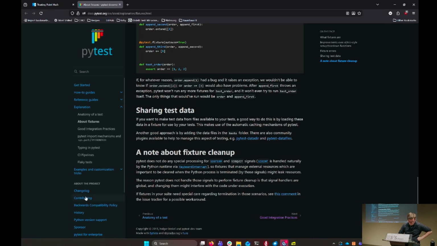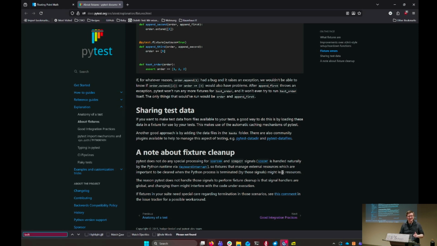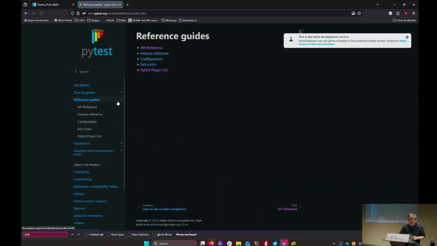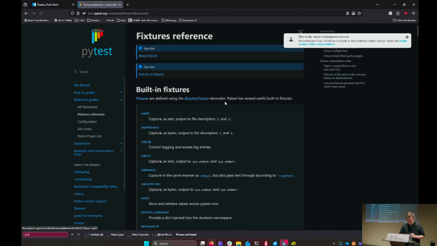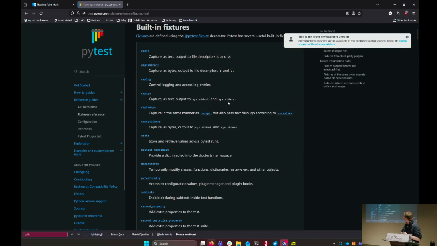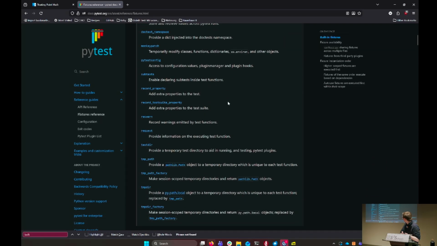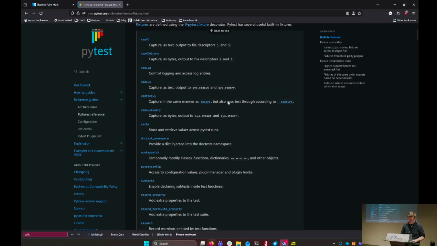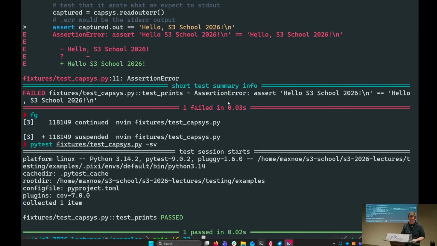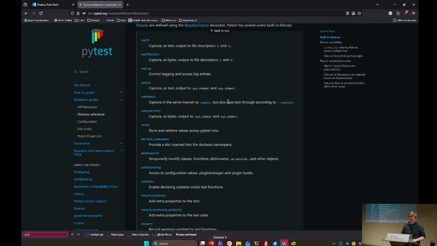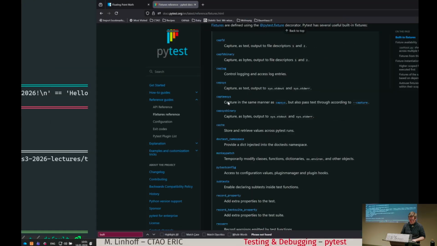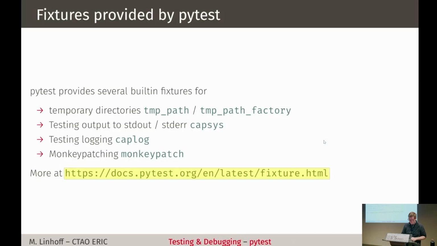There should be the built-in fixtures somewhere. Fixtures, right? That will also list the ones I defined. So there should be reference guides, fixtures. Yes, here are the built-in fixtures. So there's a large number of different built-in fixtures you can use. I will show you some of them, which I think are often needed. And one very handy one is this